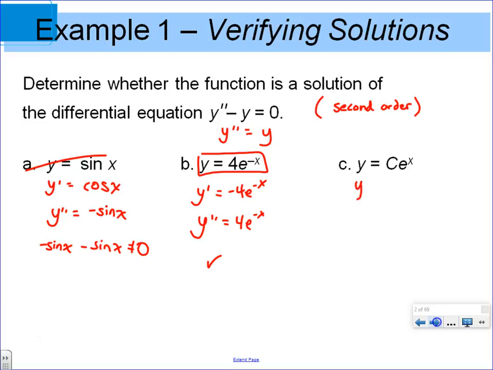It would just be c e to the x, same thing, right? If it's always the same, well, yeah, of course that's going to be a solution as well. Now, this one has infinitely many solutions, but as you can tell, is it the same as the other one? No. But they're similar. Could we generalize letter B? What could we generalize it to be? Yeah, we could just throw in another constant d, e to the negative x, if we really want to,